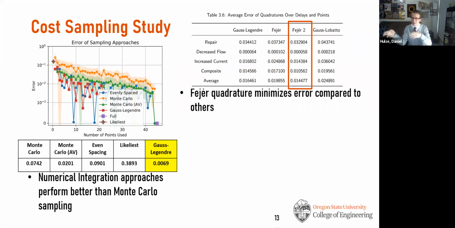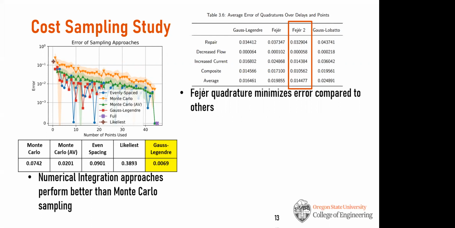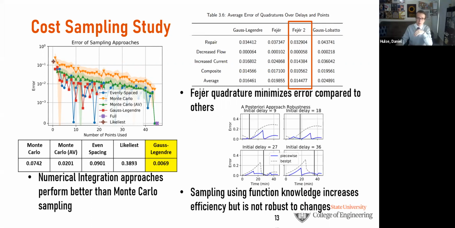We then tried different numerical integration approaches and found the FAIR2 quadrature to minimize error compared to some of the other quadratures we could use for numerical integration. And then we had this idea of, well, what if we set up this fault sampling approach based off of prior function knowledge that the resilience curve is going to look a certain way. We created this approach and we were able to increase the efficiency, but the problem